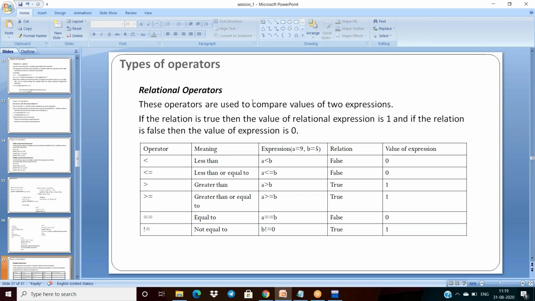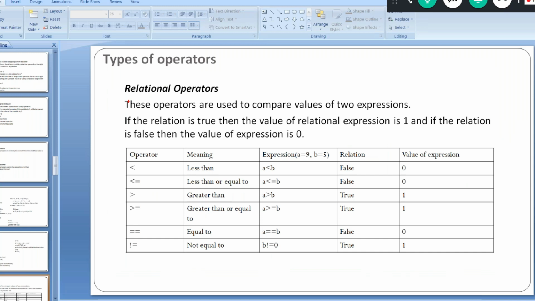Now, coming to the relational operators. So relational operators mean what? They are used to compare the values of expressions. Sometimes if you want to compare one value with another, that shows the relation here. So what are the operators? Less than or equal to, greater than or equal to, not equal to, equal to. Double equal to means what? To compare two numbers. Not equal to is also a comparison, but single equal to means assignment.